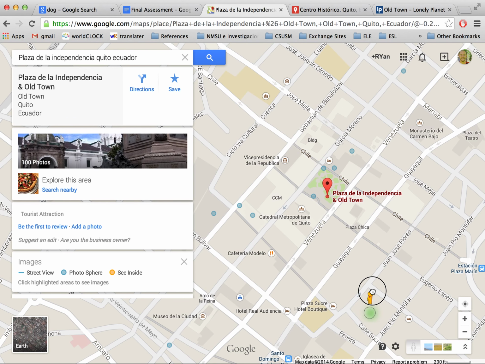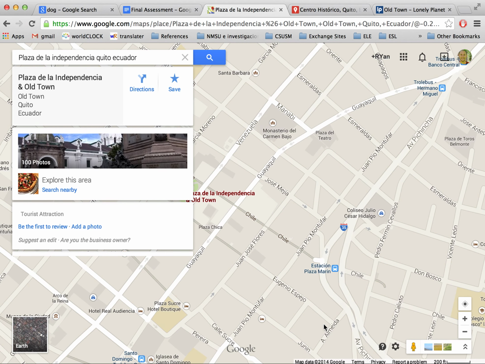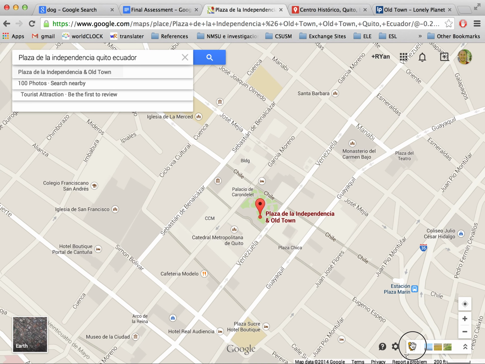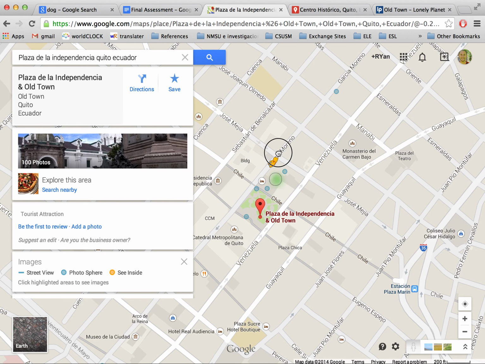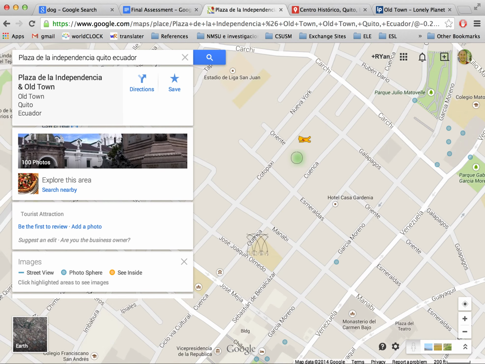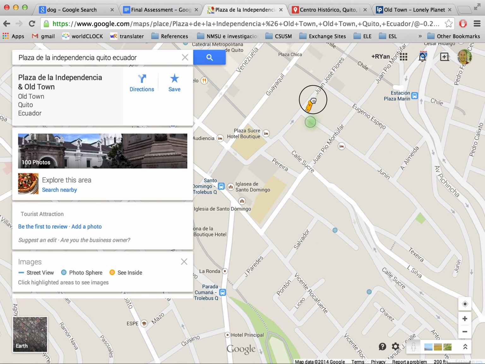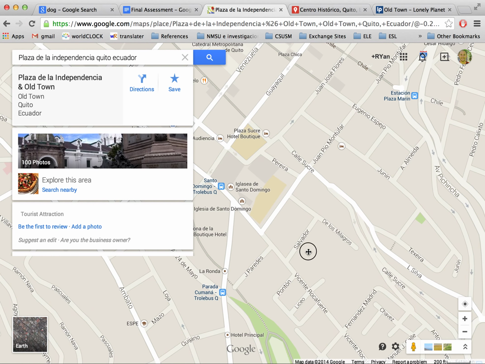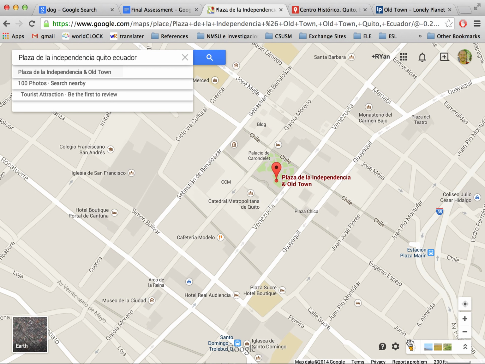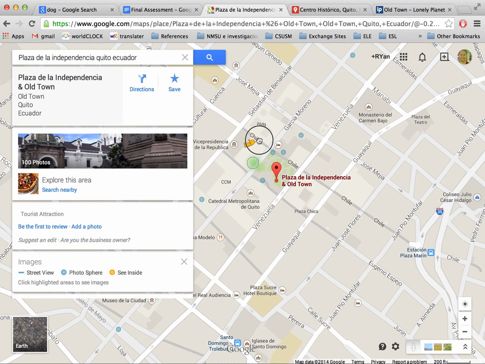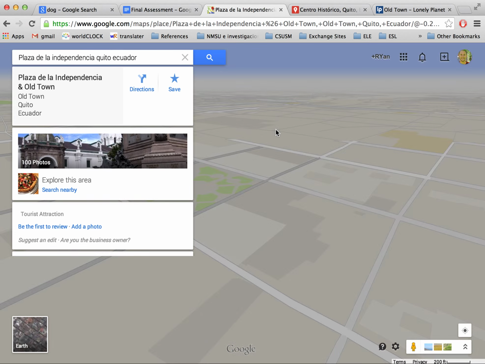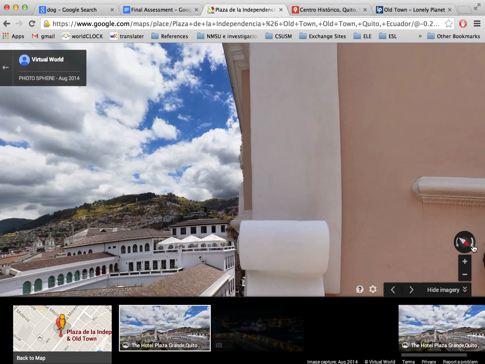However, this isn't going to work on every city because the Google car hasn't driven through every city in the world yet. And you can tell because the streets aren't becoming blue when I drop this yellow man over them. I got the yellow man from this corner over here. And so when you drag him over the map, blue will light up where you can drop him. If Google has been through your city, you'll be able to drop him in the city. If not, you can drop him in one of these,